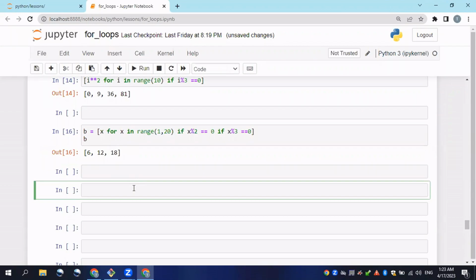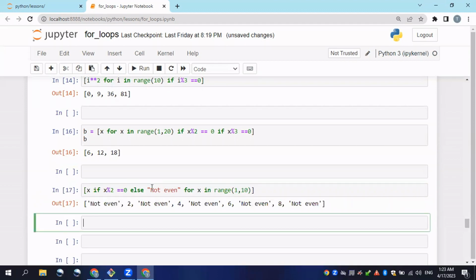We could type x if x divided by 2 has remainder 0, else let's type it not even. We will print out all the even numbers, and for the not even numbers we will print 'not even', for x in range 1 and 10. If I print it out, because what we have done here, first we are just looping it,